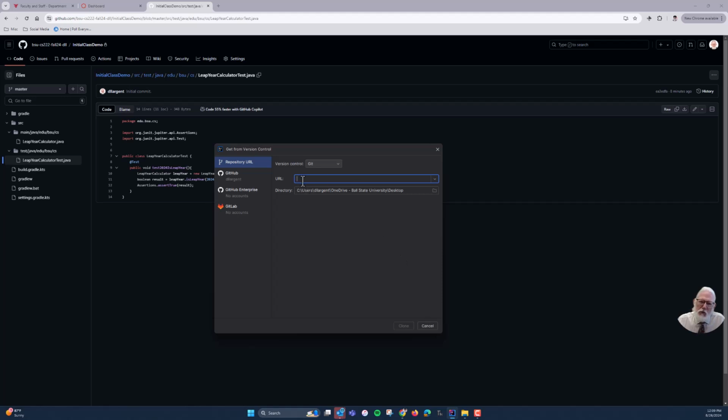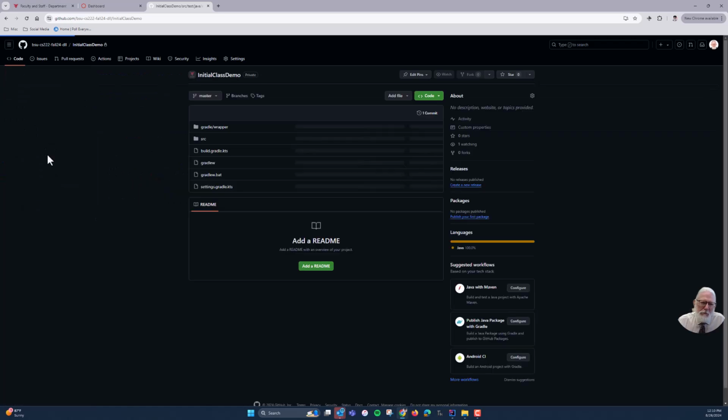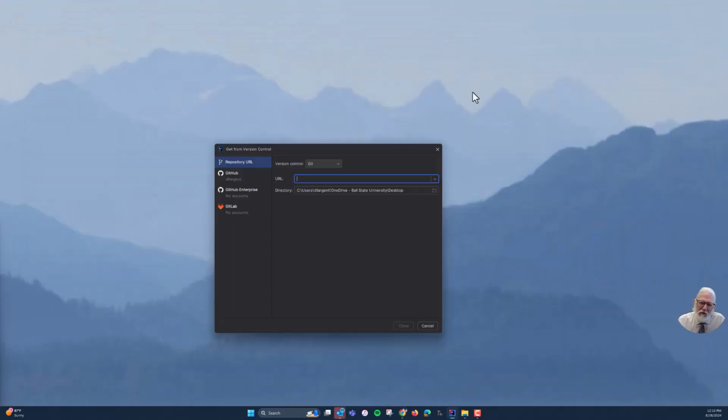And then it needs to know where to get it from. We also have a choice of version control systems, which we're leaving at Git because that's what we're using. I'm going to temporarily come back over here to GitHub, and we need to make sure we've got the URL to this repository. So I'm in the initial class demo repository. I'm choosing code over here, and again I could highlight that and copy it, or I can choose the copy button. Let's minimize that, come back to IntelliJ, paste that URL in,